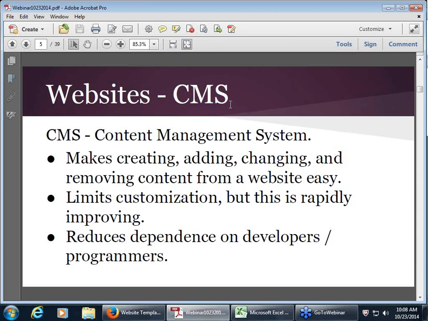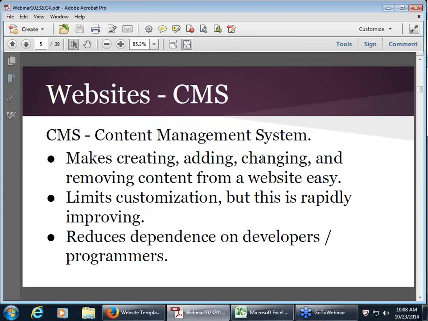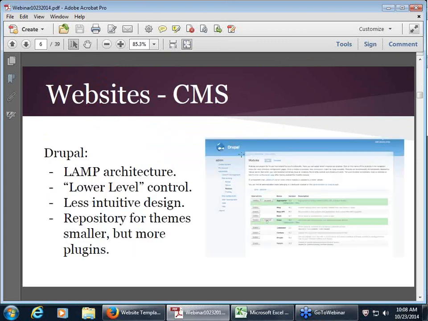And most importantly, what the CMS does is it reduces the site owner's dependence on developers and programmers. So previously, your options were to either have a programmer or developer in-house, which had a high cost, or every time you wanted to make a change to the site, go out to a developer, go out to a programmer to make that change for you. And that's very cumbersome. And especially today, with sites that have continuously updating content, that's almost infeasible if you plan to go outside of your premises to get those changes made.